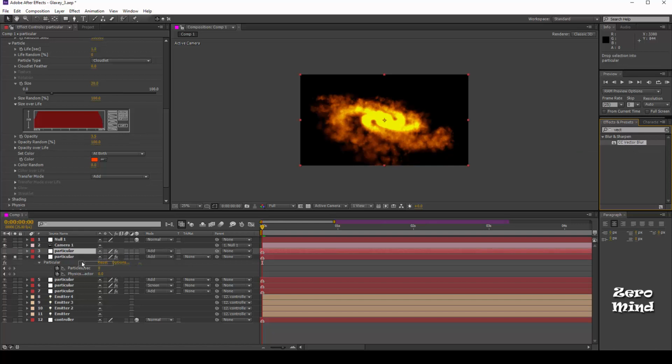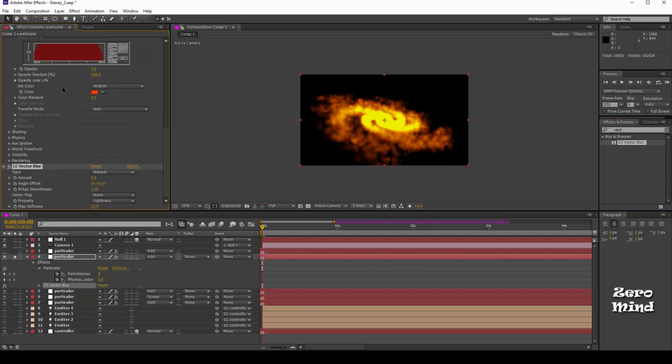CC Vector Blur, select here and change the type back to perpendicular. Amount around 200 plus.